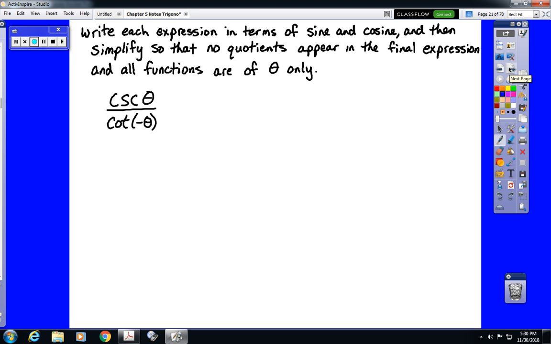Okay, cosecant over cotangent of negative theta. We would start by dealing with the negative angle identity there. So we're leaving cosecant alone for now. And we are changing cotangent of negative theta using the bottom negative angle identity into negative cotangent of theta. Now I'm going to write that negative out in front of my fraction for now, because my next step would be to convert cosecant into 1 over sine and cotangent into cosine over sine,